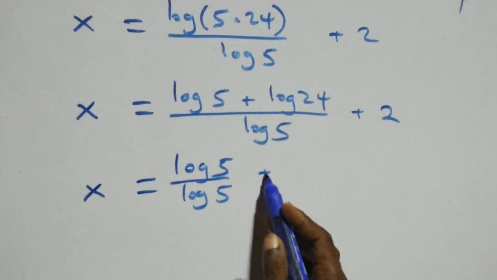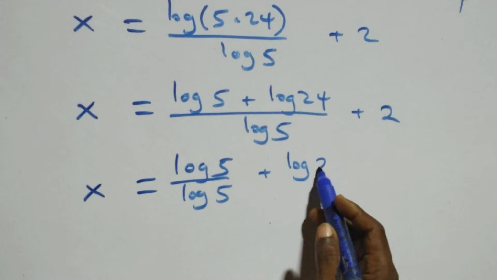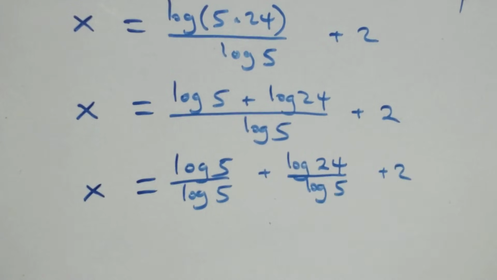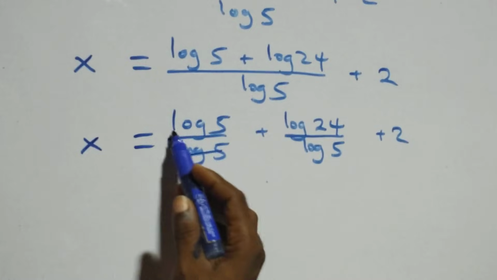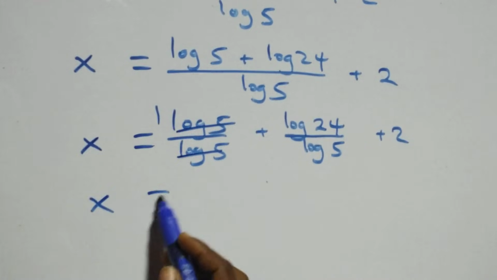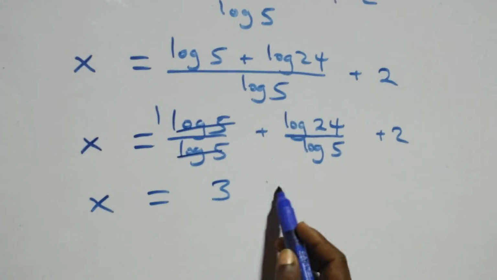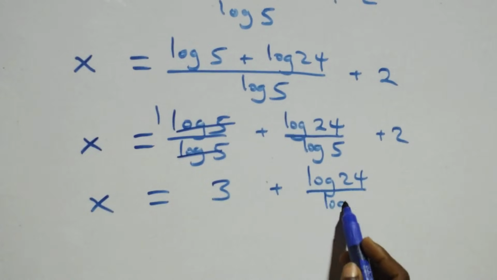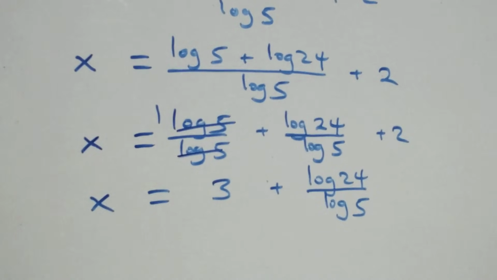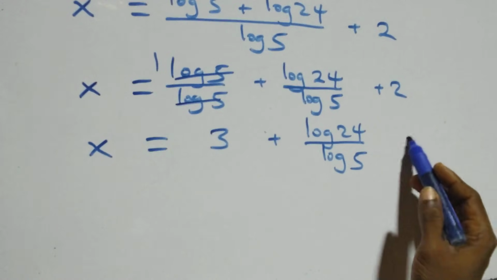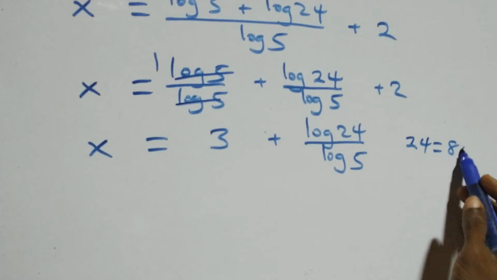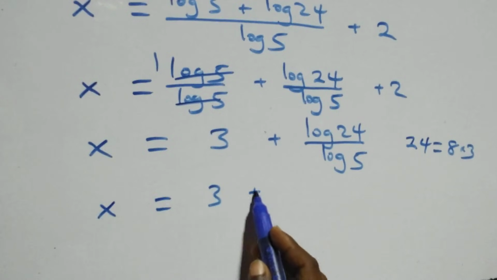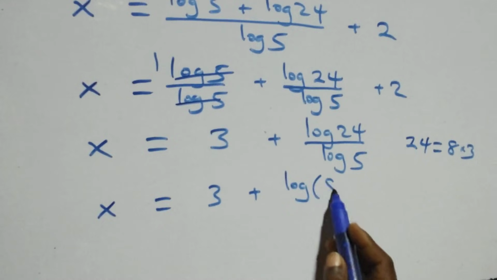and this becomes x equals log 5 over log 5 plus log 24 over log 5 plus 2. Also here, we have log 5 cancel each other, 1 left here. That is, we have x equals 1 plus 2, that's 3, plus log 24 over log 5. Then, next step here, also can write 24 as 8 times 3. And what we have becomes x equals 3 plus log 8 times 3